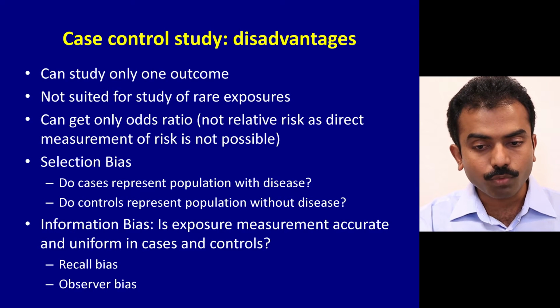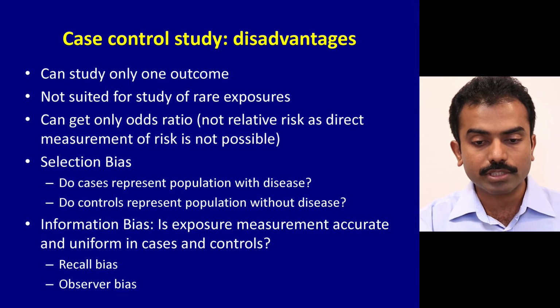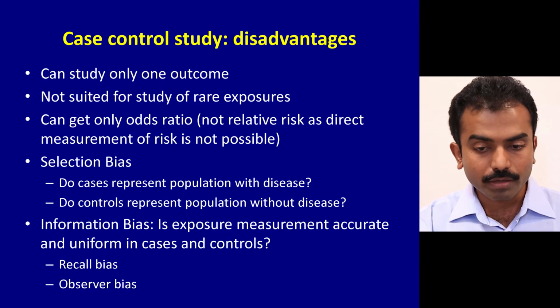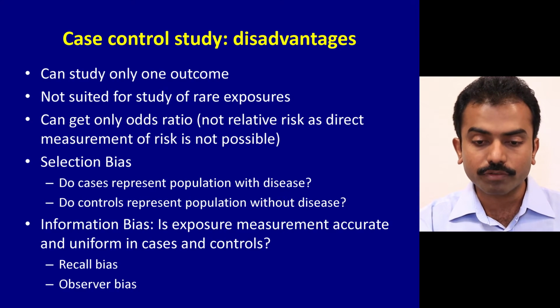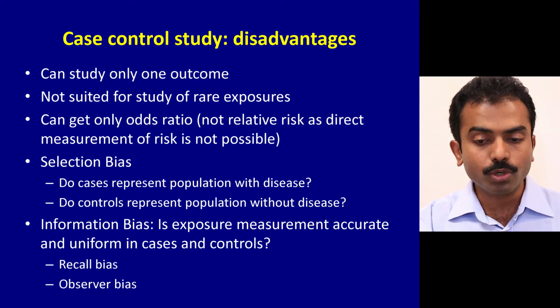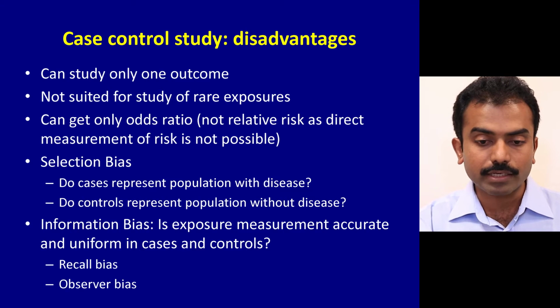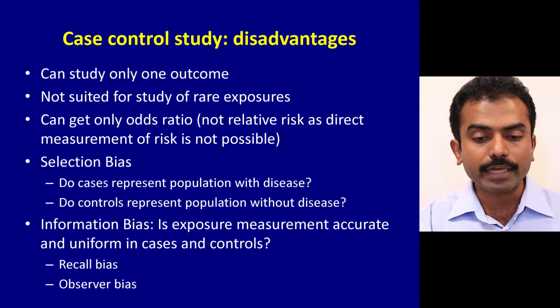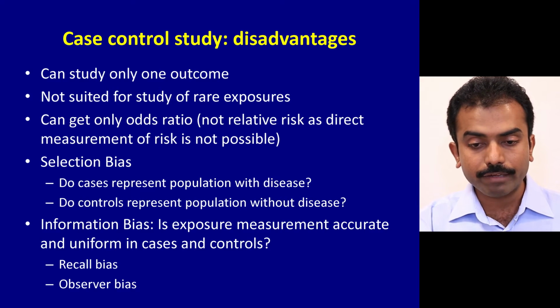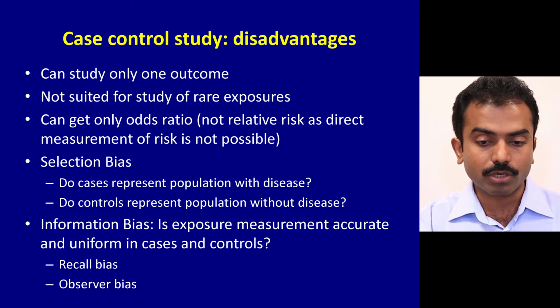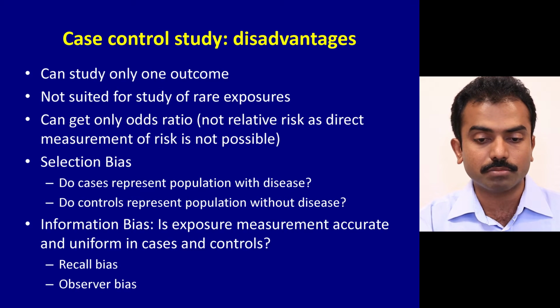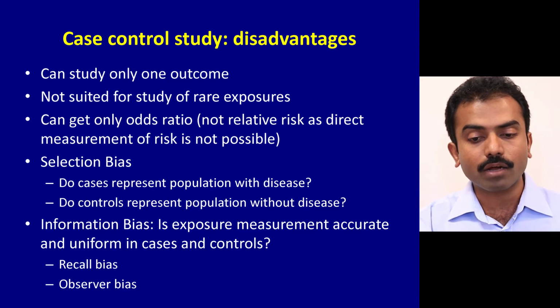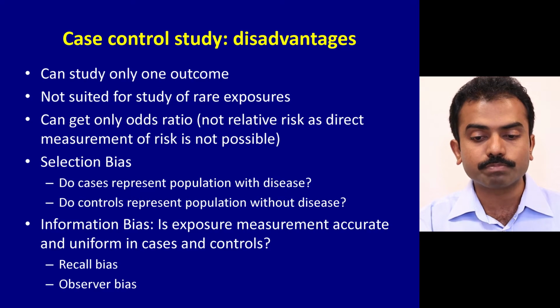So let's recapitulate some of the disadvantages of a case control study. One, you can study only one outcome in a case control study. Two, it's not suited for rare exposures. We have already talked about it. For rare outcomes, case control study is preferred, whereas for rare exposures, the preferred design is a cohort study. Number three, you can get only odds ratio as a measure of effect in a case control study. So you cannot get a direct relative risk, because measurement of incidence or risk is not possible in a case control study. So you get an odds ratio,